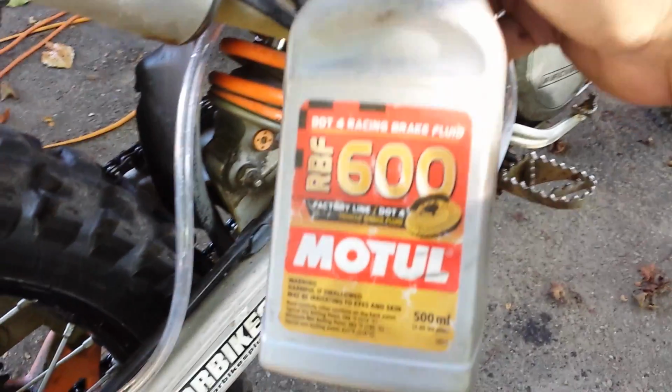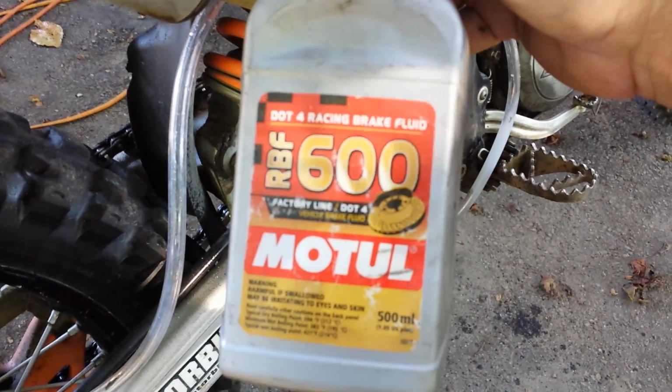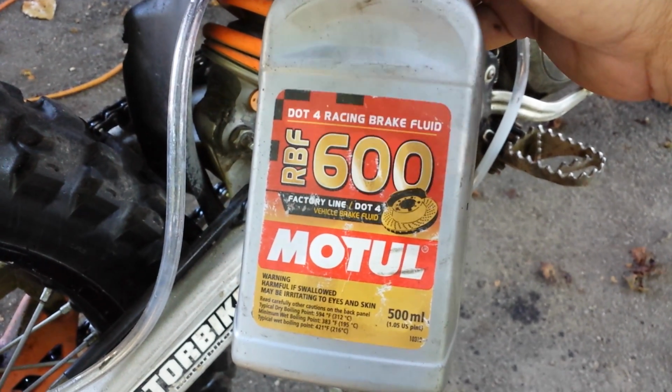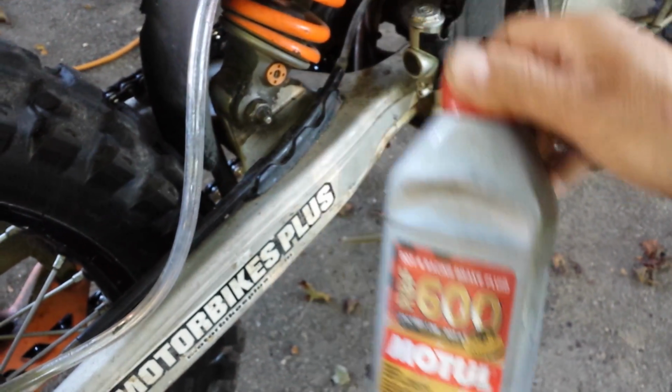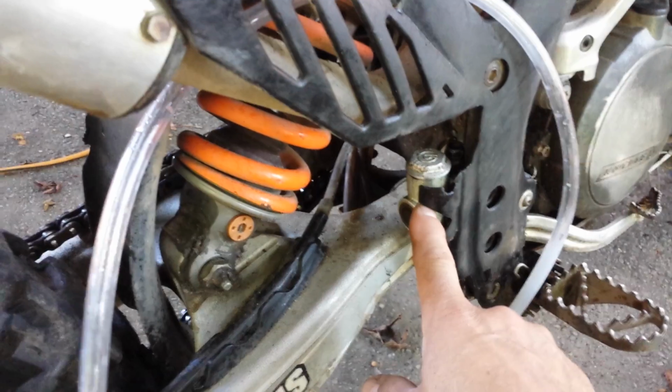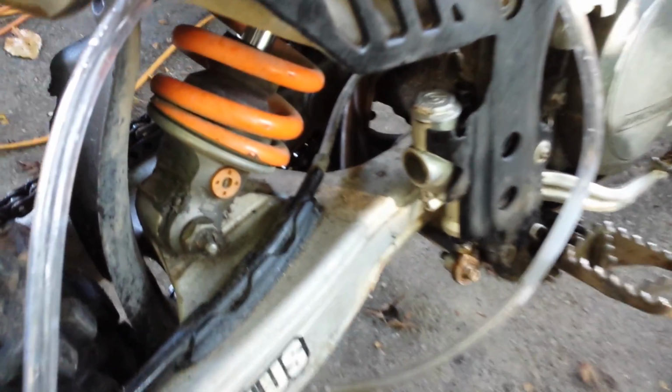a good quality one. This one I got from Motorbikes Plus. It's a .4 racing brake fluid, and I've actually been using this over the 5.1, and it seems to work pretty good. The second main reason is that there's what they call a bellows O-ring in this master cylinder that wears